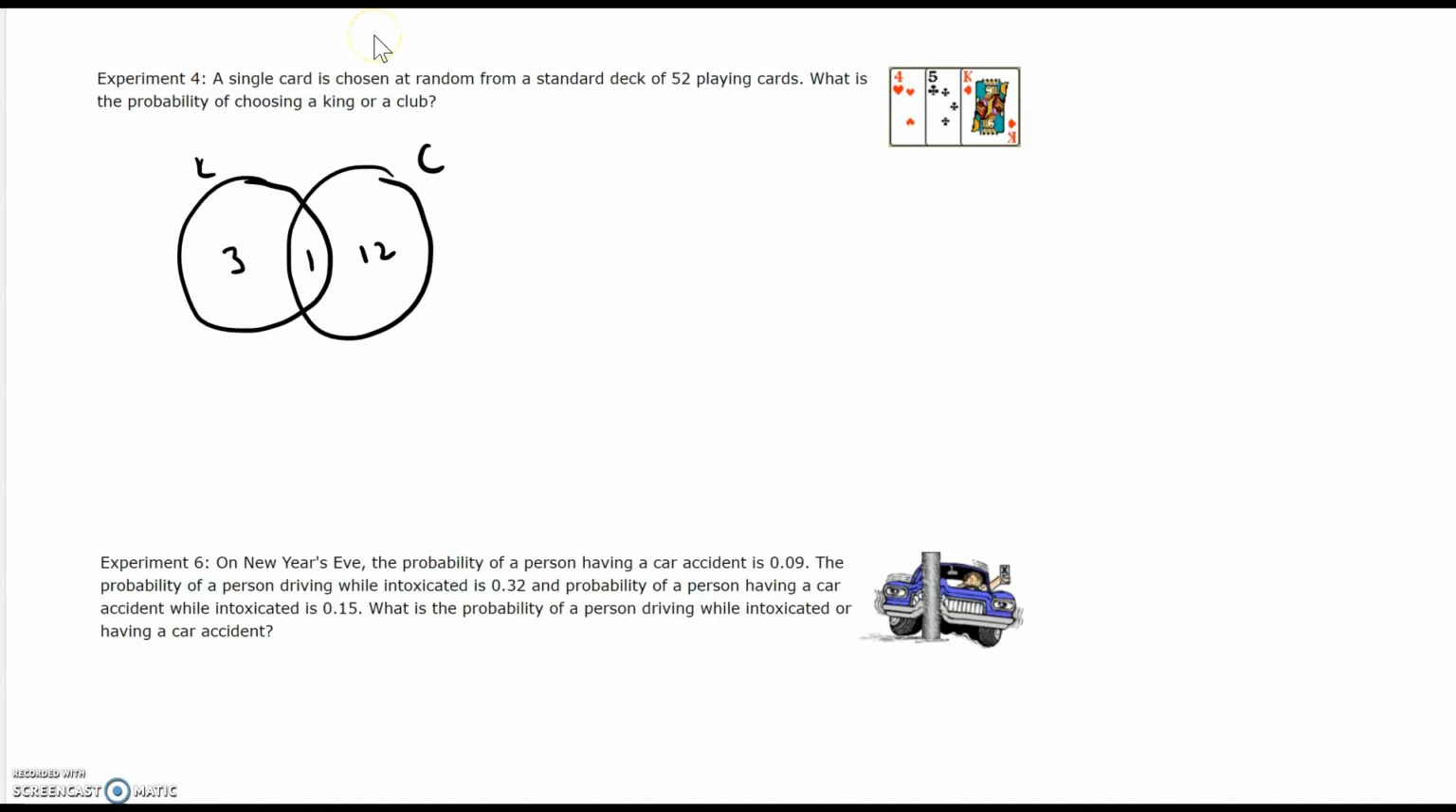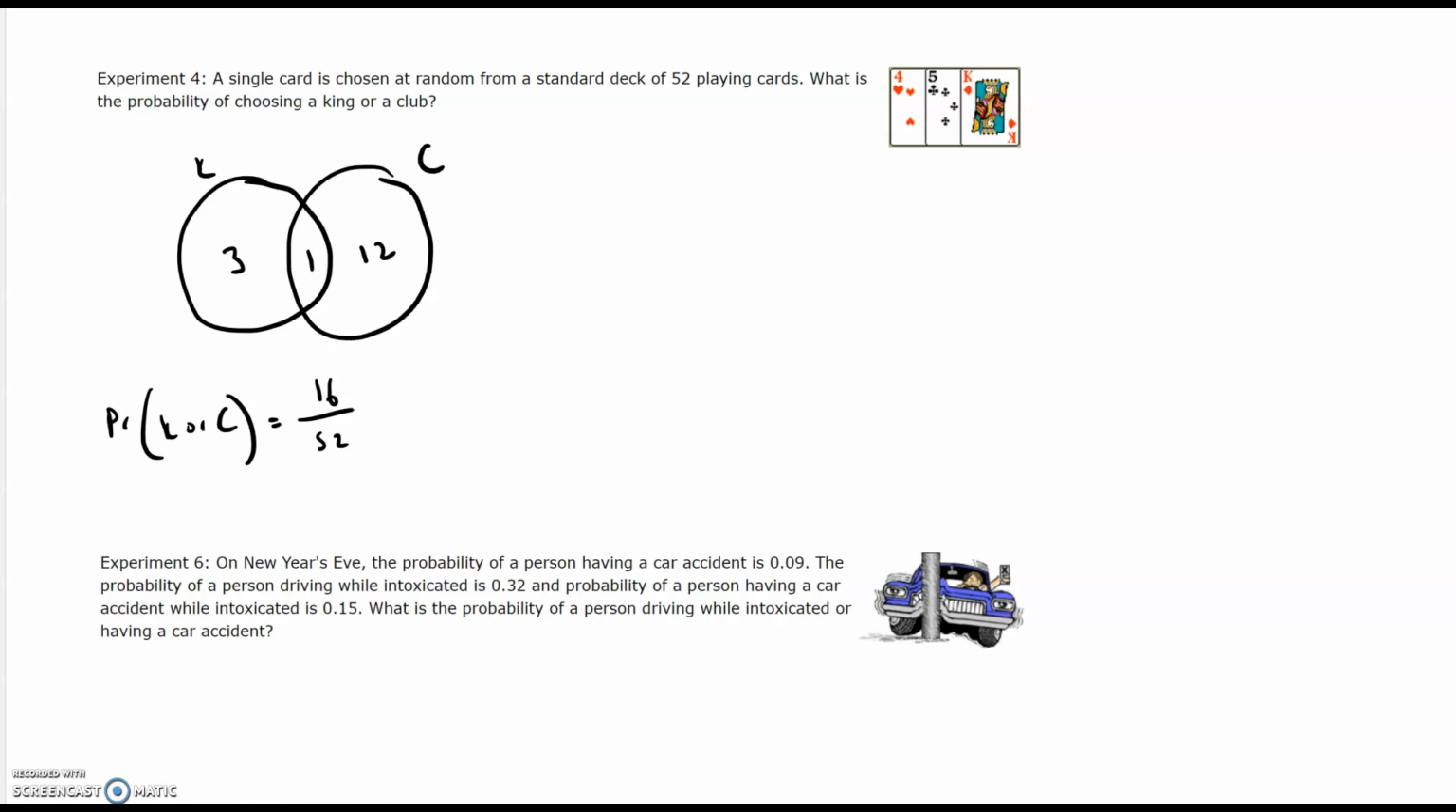Okay, if we look at the Venn diagram, our total probability of a king or a club is 3 plus 12 plus 1, which is 16 out of 52 altogether. But we don't want to always have to do a Venn diagram every time we're working out a mutually exclusive event. We also want to be able to do this